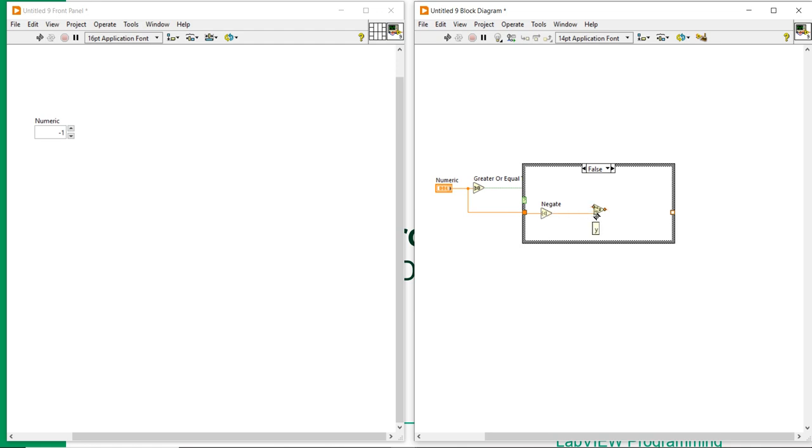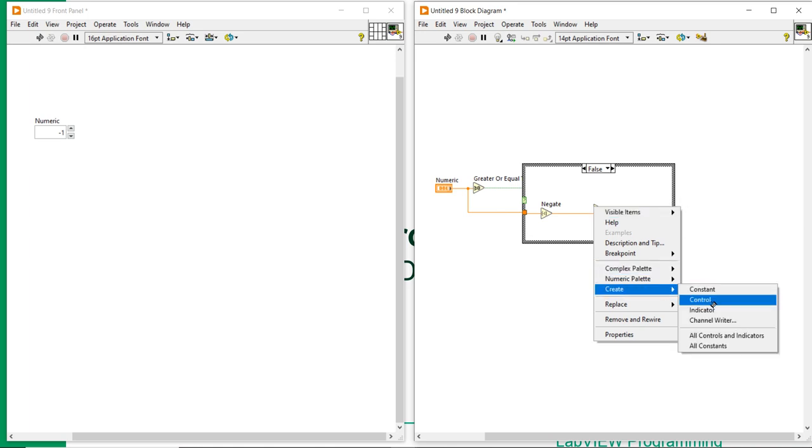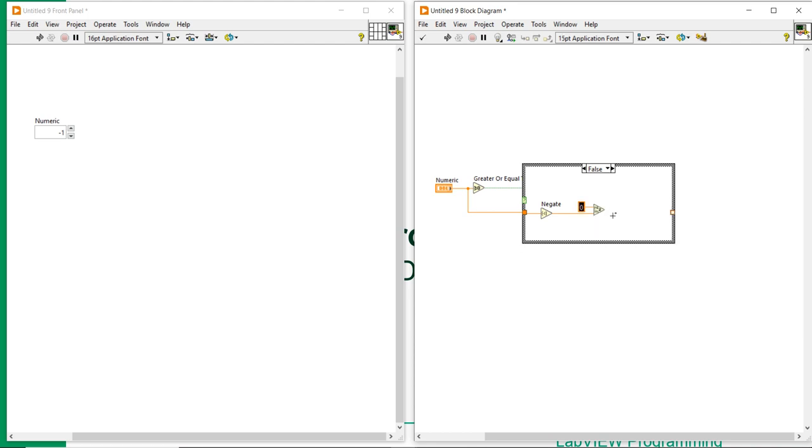This one is imaginary. Always real will be 0. Place it here. Create indicator. Run. In that case, it will give you